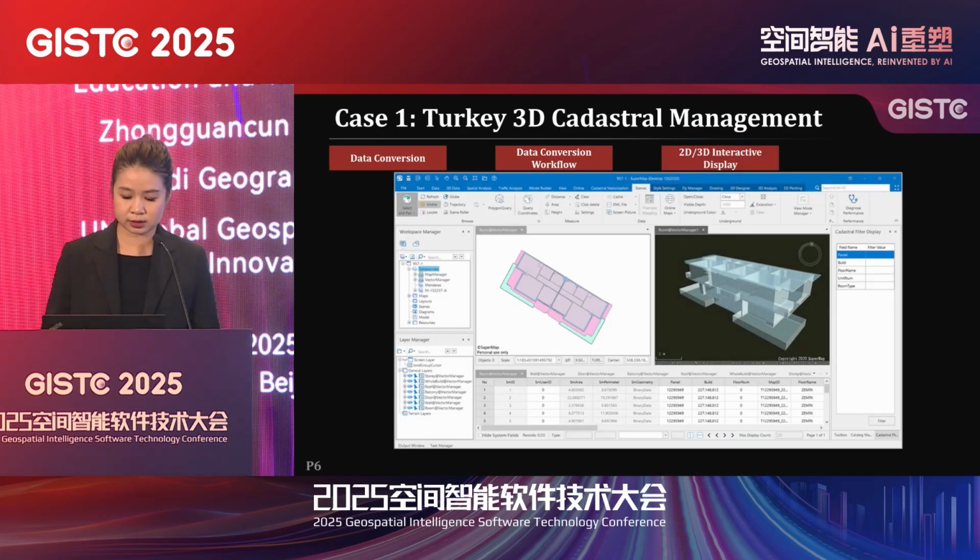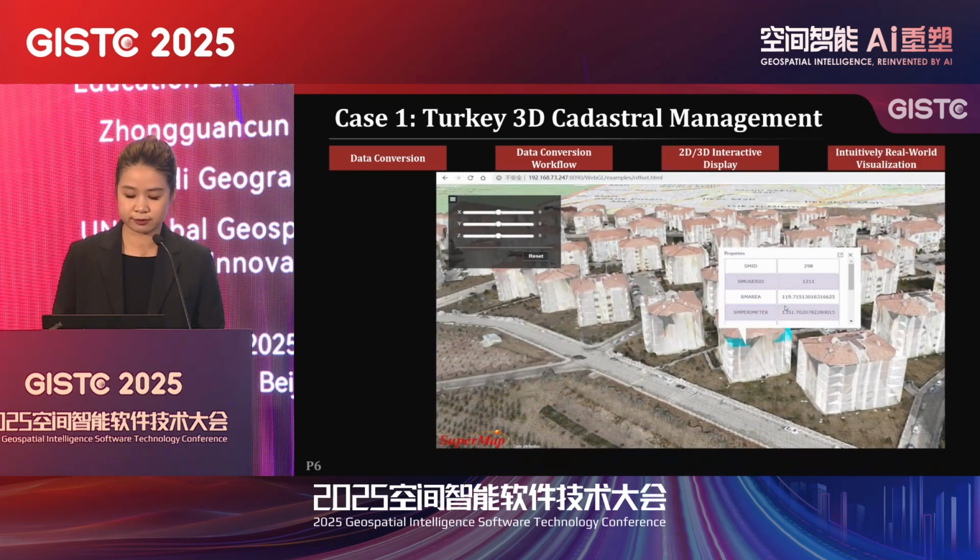Thirdly, our technology enabled the interactive visualization of cadastral information in both 2D and 3D environments, providing a richer understanding of land parcels and urban structures. Furthermore, intuitive real-world visualization allows for an intuitive real-world representation of cadastral data, which is crucial for effective urban planning and public engagement. In essence, this project significantly enhanced Turkey's capacity for digital land management, showcasing the power of integrated